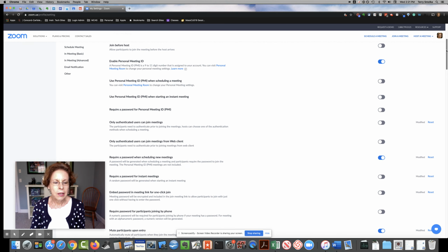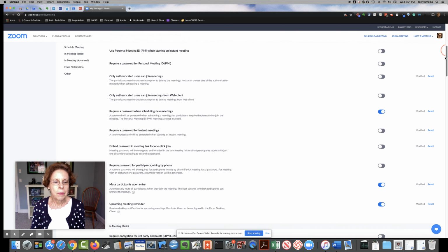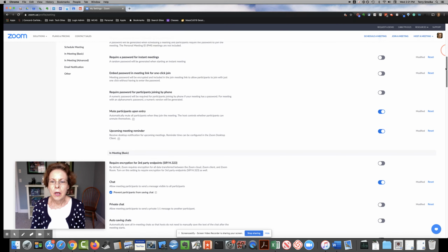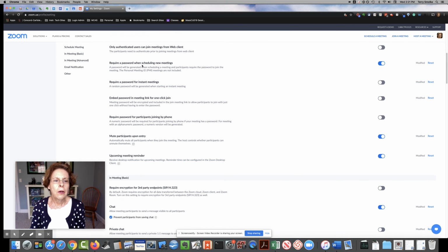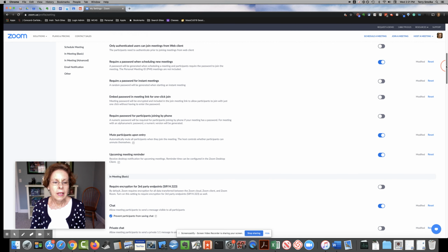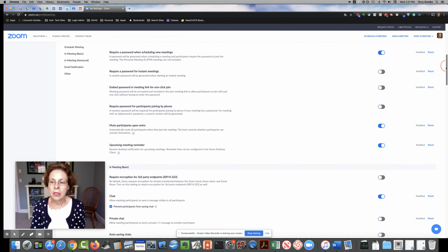And I'm going to scroll down just a little bit. There's a lot of passwords, but we're going to go to this one. Where is it? Require a password when scheduling new meetings. So that's always a good idea. And we're going to toggle that on. That means your participants will have to enter a password in order to go into your meeting. That is one way to help include your